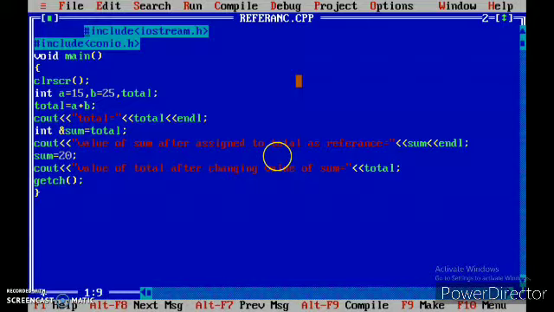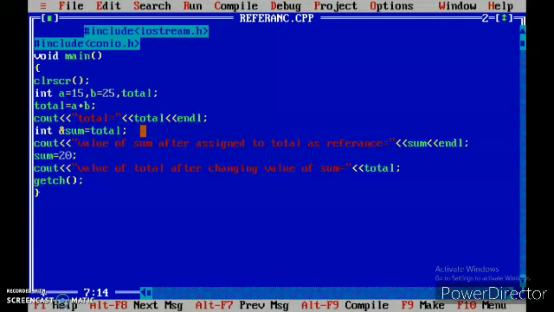See, in the program we have declared two variables, a is equal to 15 and b is equal to 25. One more variable is named total. Now total is equal to a plus b, that means the value of the addition will be stored in total. The next line just displays the answer of a plus b.